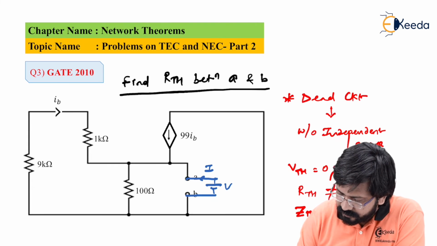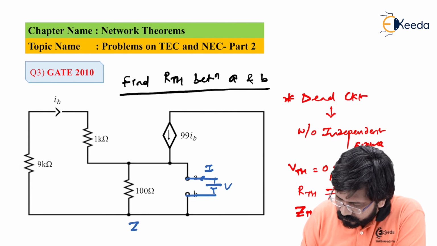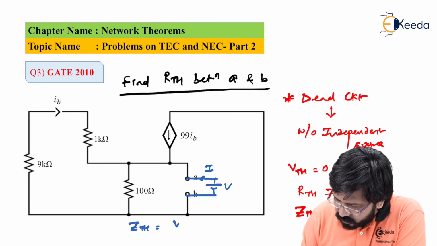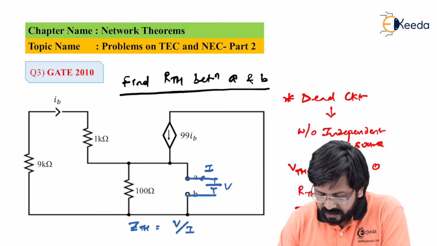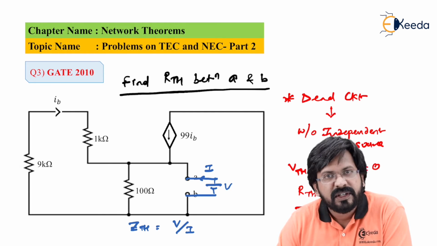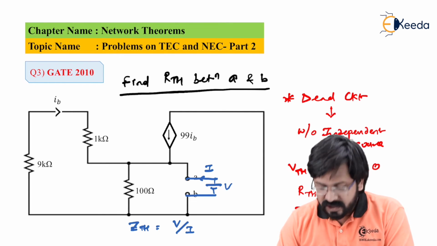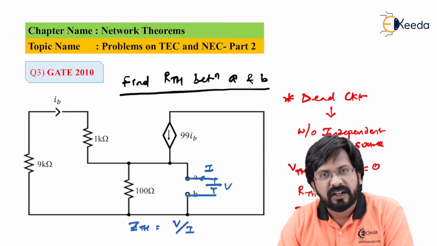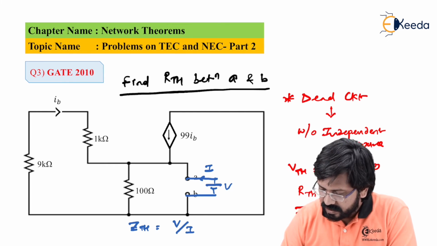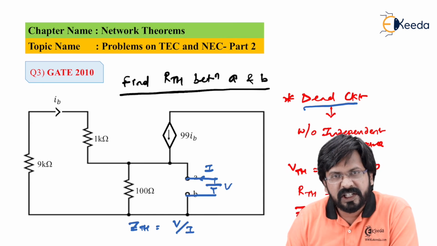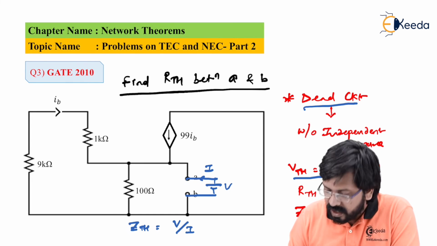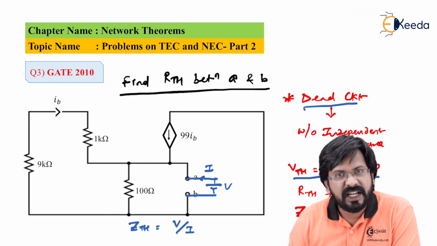Now by just taking the ratio of V by I, we can find ZTH or RTH. So in this case, ZTH equals simply V by I. I repeat the whole thing. In this circuit, the problem was there is no independent source. It means all the sources, as we can see, are dependent ones. Such a circuit is referred to as a dead circuit. If it is a dead circuit, we cannot go by the conventional way. In such circuits, please remember VTH is always 0, ISC is always 0, but at the same time RTH or ZTH cannot be equal to 0.